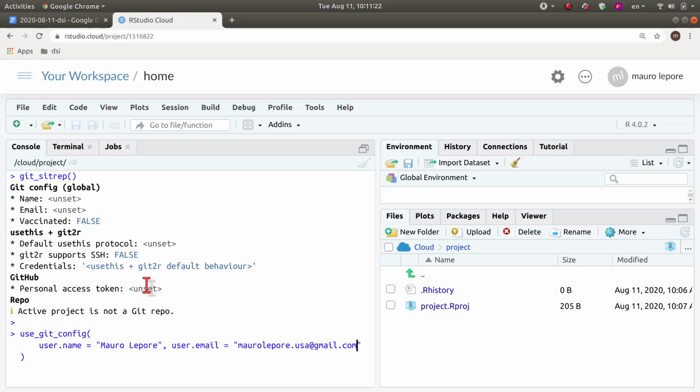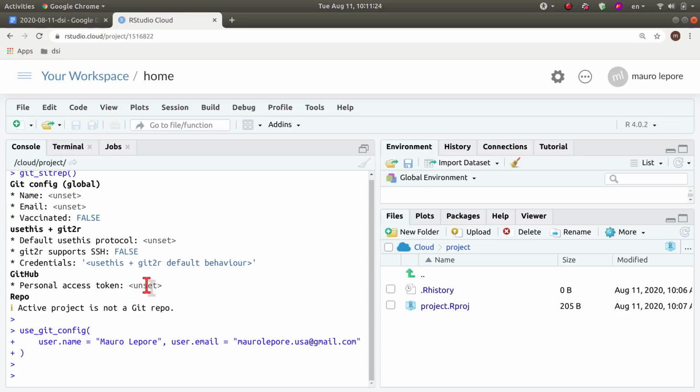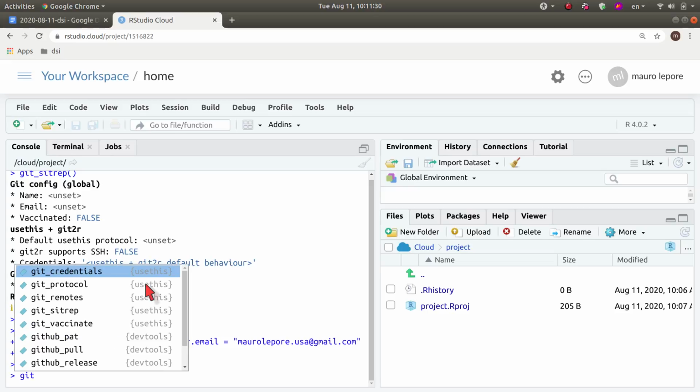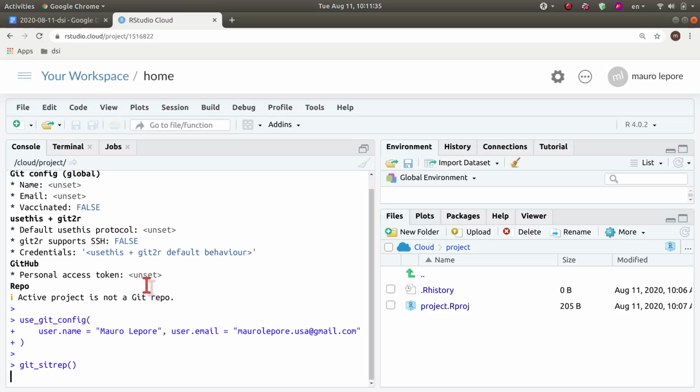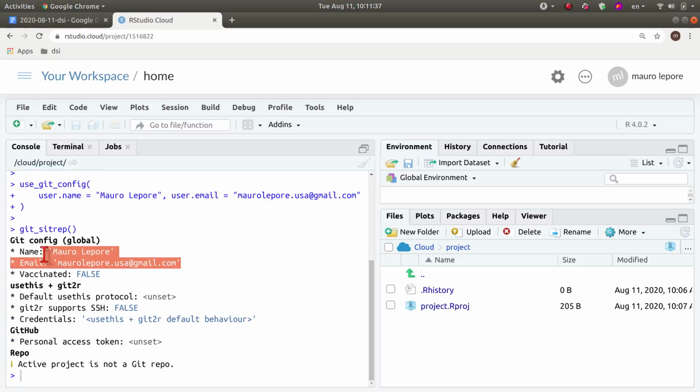So these are my credentials. I run this function. You may have done this on the terminal before, but usethis provides this helper that allows you to do it without the terminal, just from R. So let's do another situation report, and now you see that my user and my name and email for Git